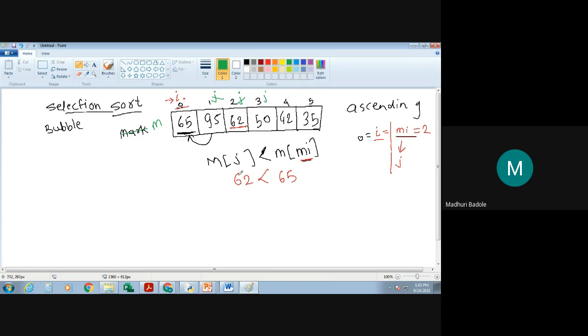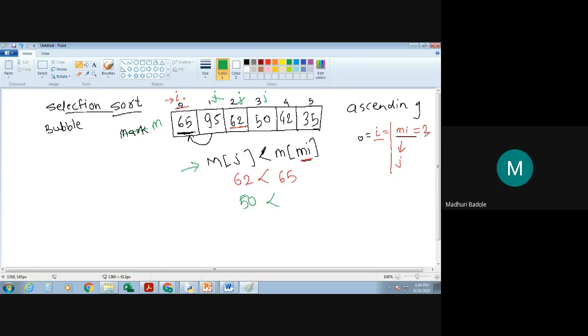Now you are again checking the same condition. M of j, what is this m of j? It's nothing but 50. Whatever the smallest element you have recently got, you compare that element with it, because we have to find the minimum element present in the array. So that's why marks of mi. Now what is mi?